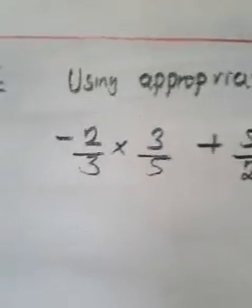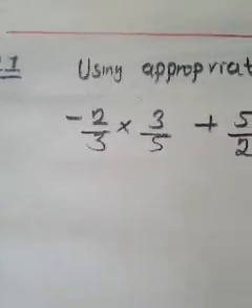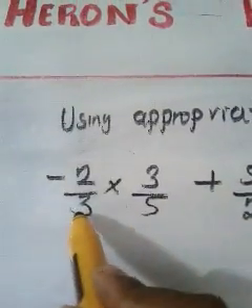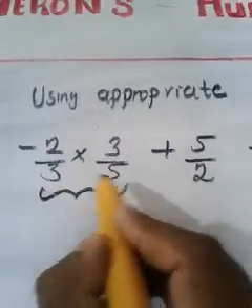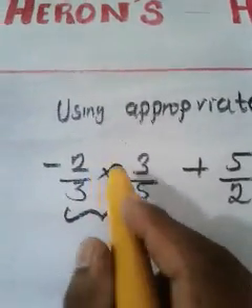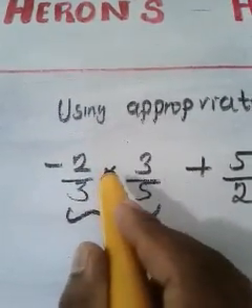So now let me come to the point here. Here the operation is what? Multiplication. So you can consider it as a single term. Do not count it as 2. It is a single term because the operation is multiplication.